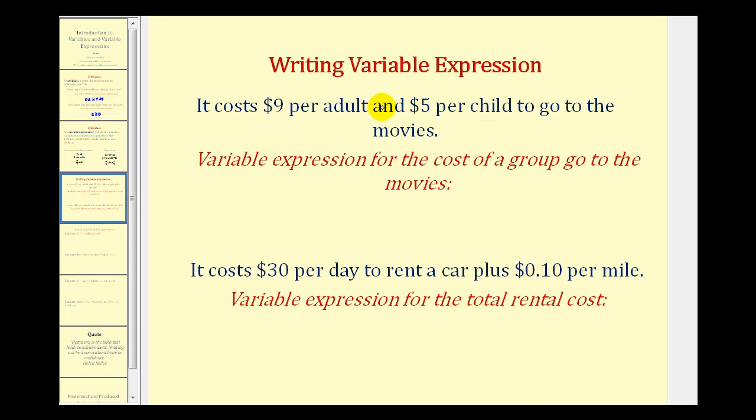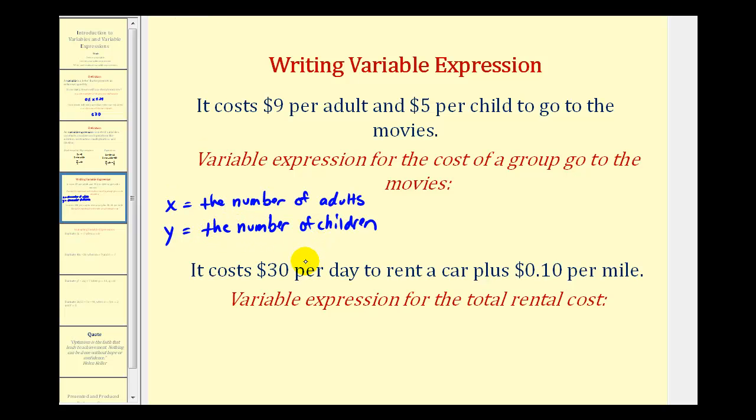Now let's talk about writing variable expressions. Let's say a group of you and your friends want to go to the movies, and it costs $9 per adult and $5 per child to go to the movies. What would be the variable expression for the cost of a group to attend the movies? Well, currently there are two unknown quantities. We don't know how many adults will be attending, and we don't know how many children will be attending. So if we let x equal the number of adults attending, and y equal the number of children attending,